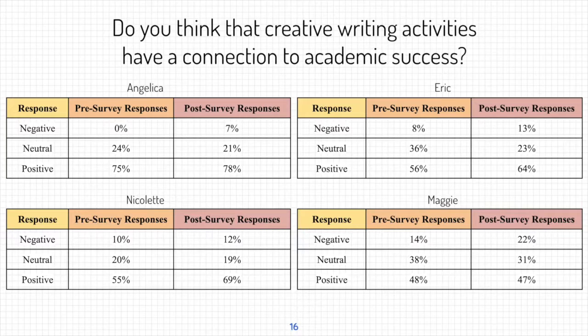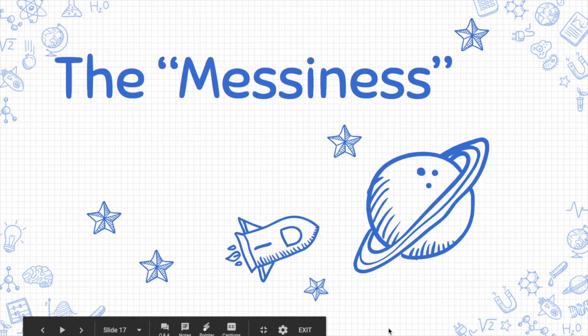With that, we also compared our data with one another. So you have all these numbers staring at you right now, but you can just see how each class compared, all in response to this question. This is super useful to analyze our data holistically to see how we all did, and then of course to see, oh, my class had this feeling. How does that compare to Angelica's? Oh wow, Maggie's class really dropped in neutrality, etc., etc. The messiness of our action research project.